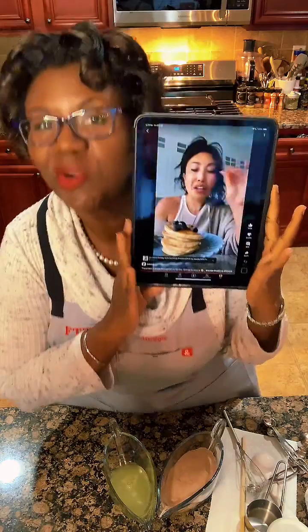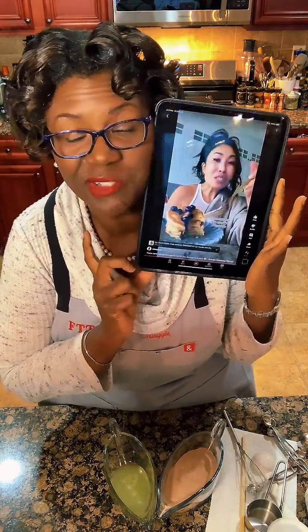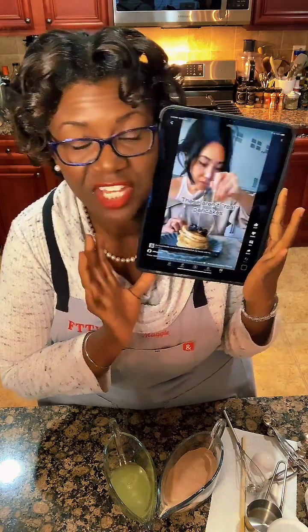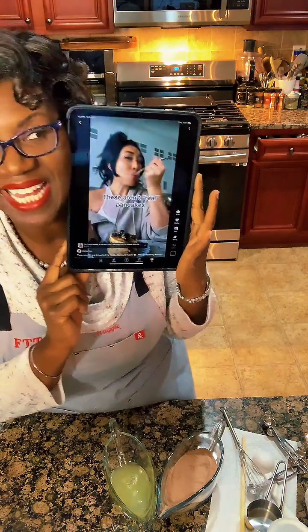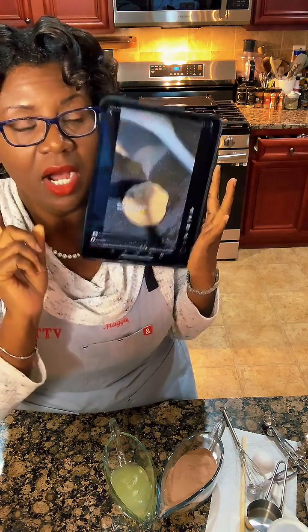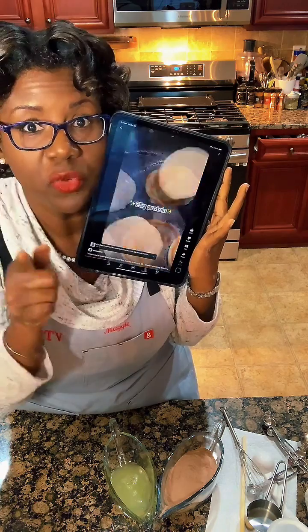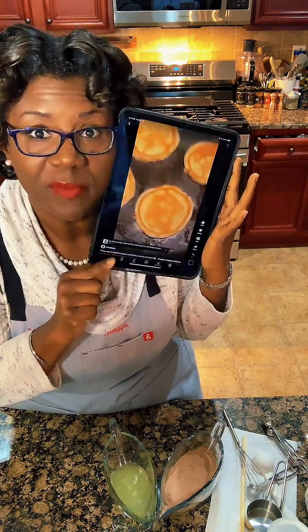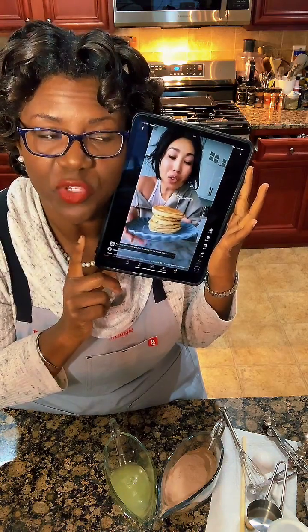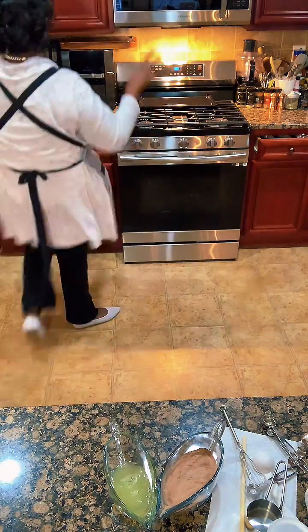Okay, so far for our protein pancakes, for those of y'all that are just coming in, this is the goal. We are going to try and make some protein pancakes. So we're making chocolate protein powder pancakes, because that's what I have. You can do yours as a vanilla or whatever protein powder flour that you have. If you don't want to do pancakes, you could do it in the waffle maker. If you don't want to do waffles, you could do muffins. So you could make the same batter and bake it. Lots of different ways that you can